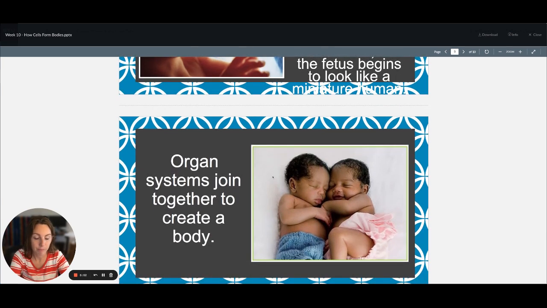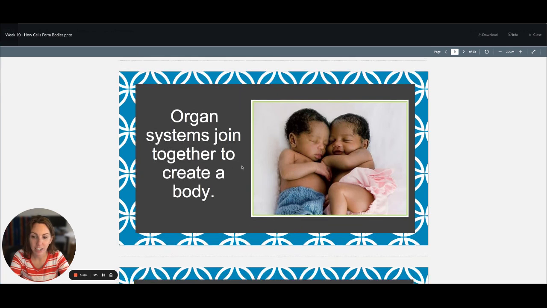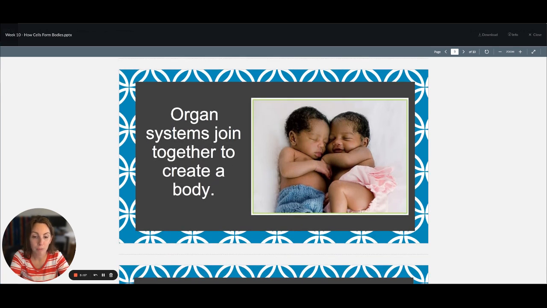And of course, after we were born, well, everything has joined together to create a whole body. In my opinion, it's nothing short of incredible that all of this complexity of our bodies begins with a single cell. There is so much that happens before we were even born, not even counting all of that stuff that I just talked about, where every cell knows what to do. It knows how to develop to become all the different parts of our body.